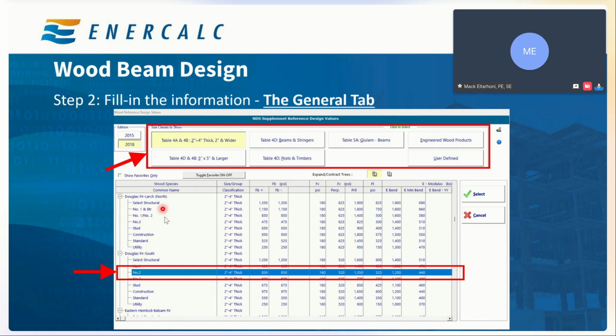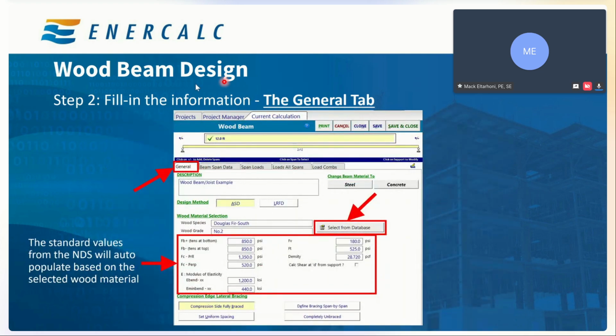So you just pick whatever wood species and grade that you use, and you click on select. Once you click on select, this will bring you back to our original menu, and this will also auto-populate all of the NDS standard design values for that wood material and grade that you selected. So all of your bending stresses, Fb, Fc, Fv, everything you need, modulus of elasticity and everything.